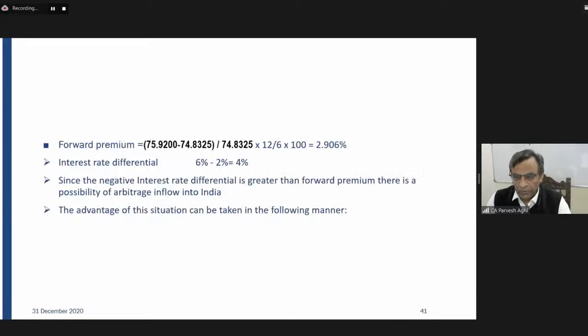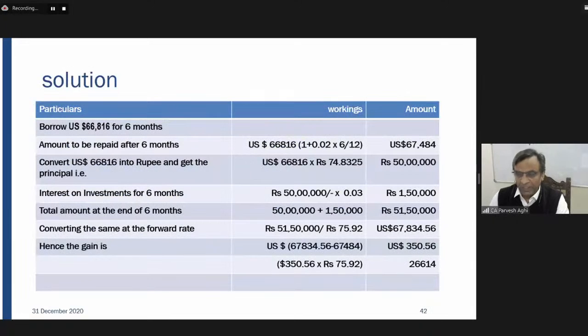Of course the interest rate differential is 4%, whereas the forward premium is reflecting 2.906%. So there is an arbitrage opportunity. So he'll do the same thing which I have explained. I'm just going to keep the numbers here, so you can jot them down. So he makes a profit of